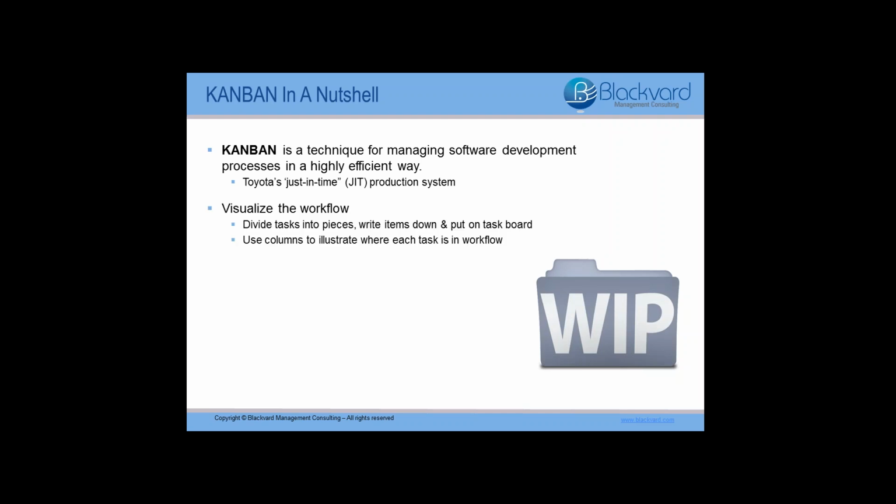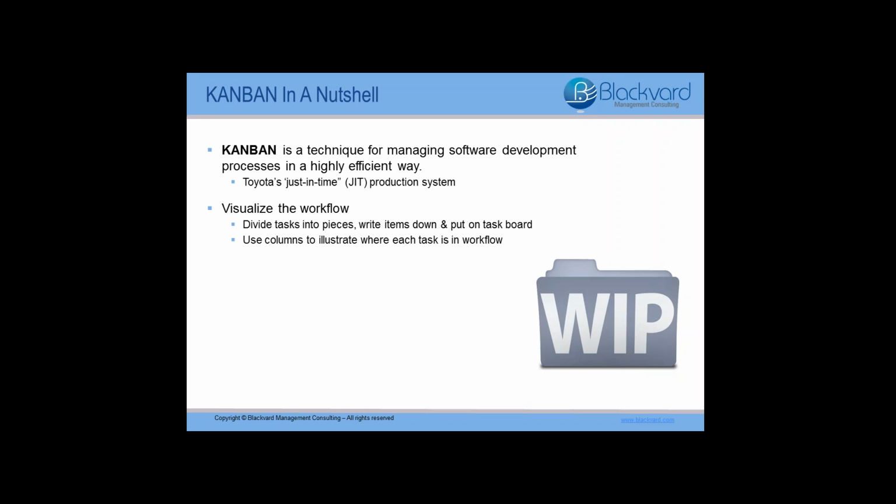The first of those 4 principles is to visualize the work. What this means is that you want to create a visual model of work and workflow in order to observe the flow of work moving through the Kanban system. And this can be done by splitting the work into smaller pieces, writing the work item on something such as a piece of paper or index card, and putting it up on a task board. You want to use named columns to illustrate where each item is in the development workflow. This making the work visible, along with things such as task blockers, bottlenecks, and queues, instantly leads to increased team